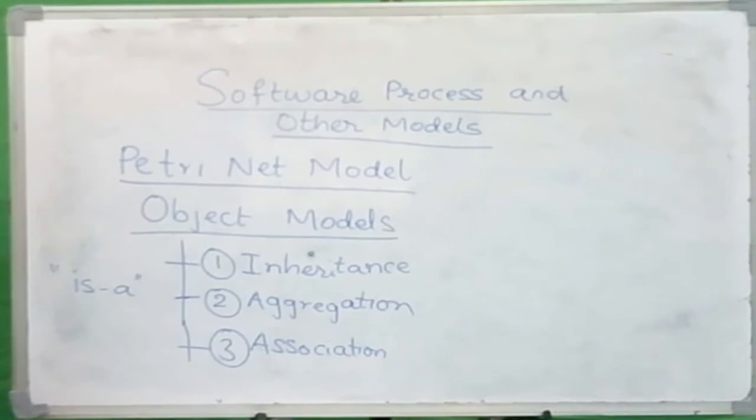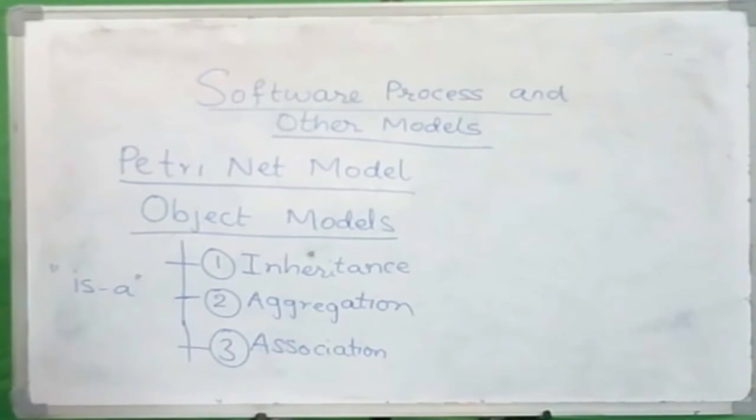An aggregation relationship implies that the object at the bottom of the arc is a component of the object at the top of the arc. For example, the top object might be a car and the bottom object might be a wheel, and this arc might be the aggregation. Now, this is often called a part-of relationship.